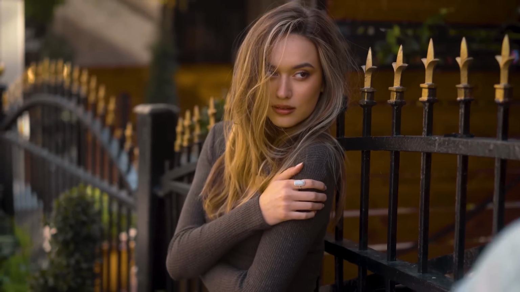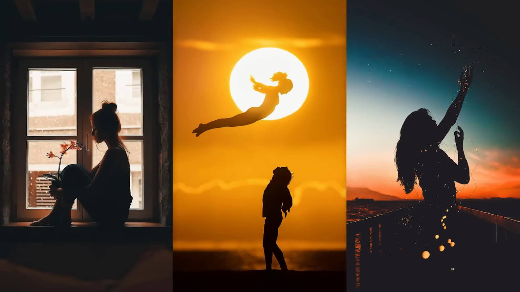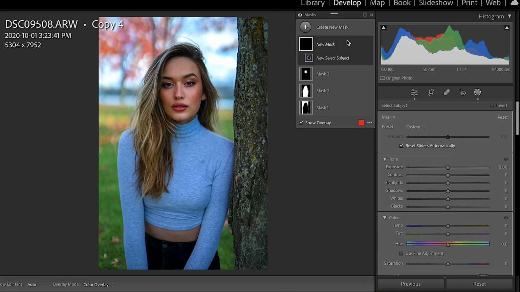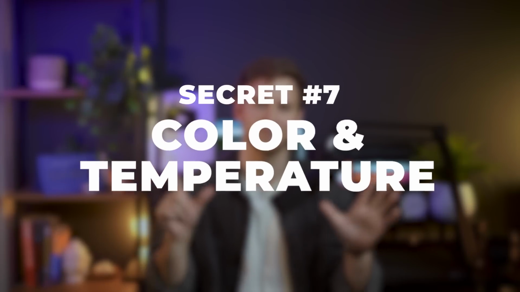You can find plenty of opportunities like this outdoors. You just need to keep your eyes open and know what you're looking for. Alternatively, you can always do the inverse to create more of a silhouette effect. Even if your subject wasn't captured against a darker background, you can still create a subtle foreground-background contrast during the editing process by making your subject brighter and the background darker. We'll delve into post-processing techniques for depth in secret number 10, but first, let's explore secret number 7, color and